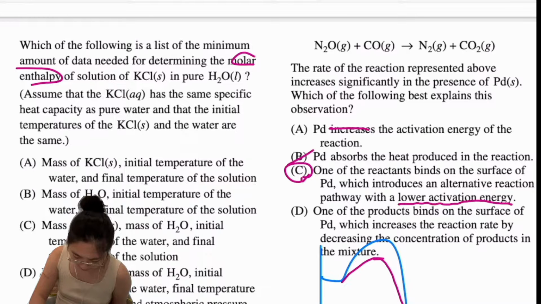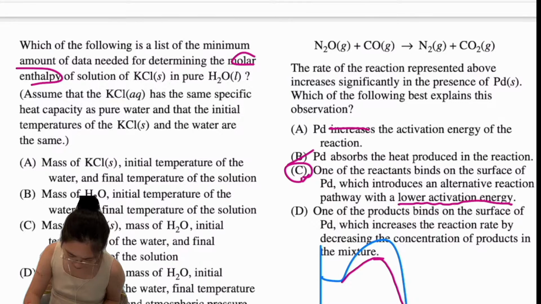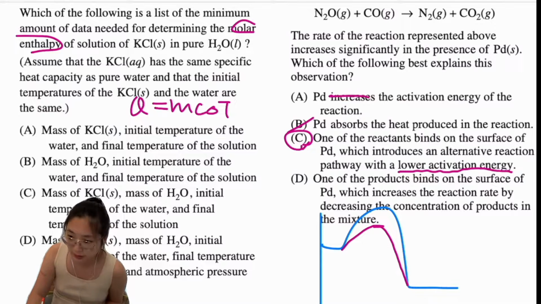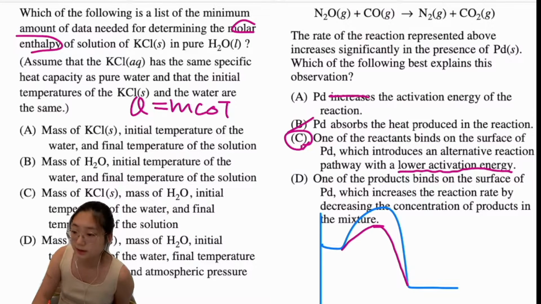And the mass of the potassium chloride, the initial temperature of the water, and then the final temperature of the solution. Okay, so according to q equals mc delta T, if we want to know the molar enthalpy,